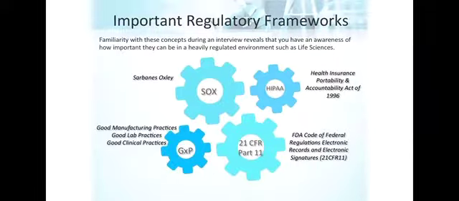GXP, this is probably new if you're not familiar with life sciences. It's a general abbreviation that stands for the good practice, quality guidelines, and regulations. And the X stands for the various fields, including the pharmaceutical and food industries. For example, good laboratory practice, or GLP. And if you see the letter C in front of the GXP, so it's CGXP, that's sometimes added, and it means current. 21 CFR Part 11 is very familiar to everyone that works in IT